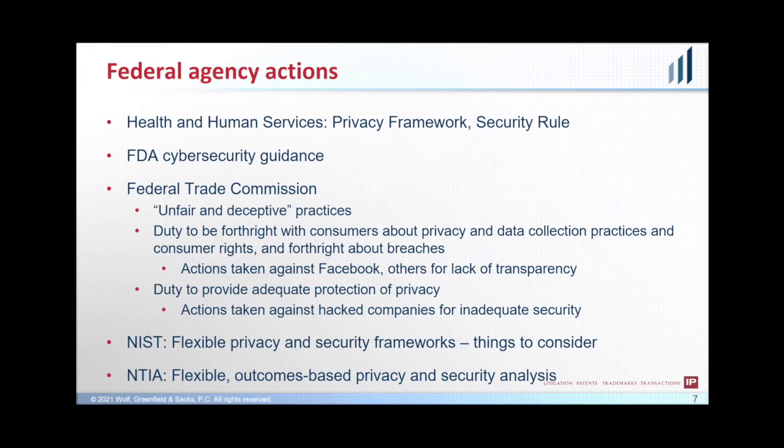And in particular, they've taken action against companies who are acting in ways that are contrary to the public statements they make to customers. So if a company has a data privacy policy or privacy practices notification that they give to customers, and then do something that's inconsistent with that, the FTC has taken action against company for that inconsistent